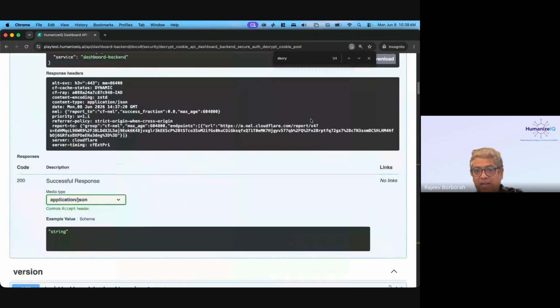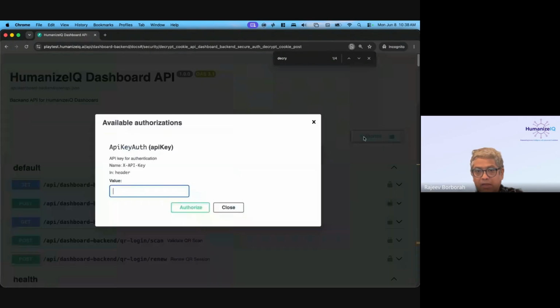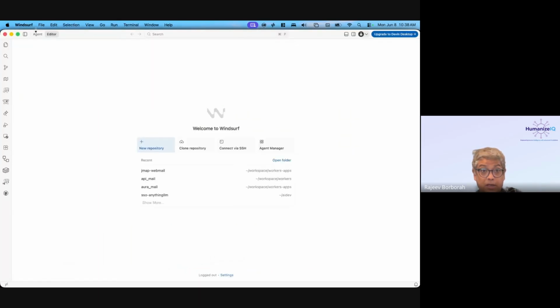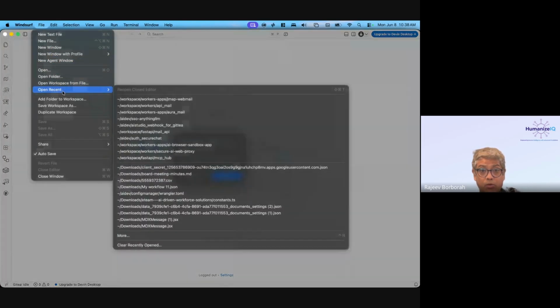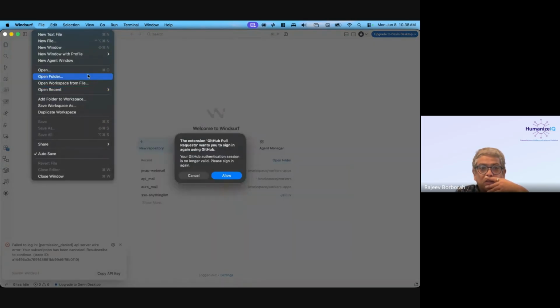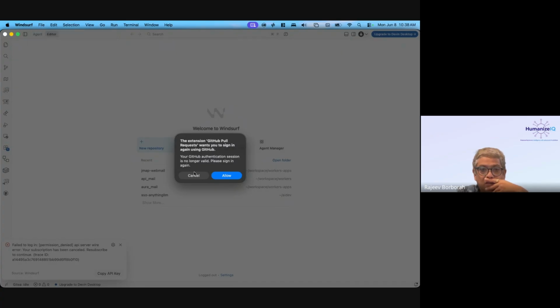So I need to provide an API key, which I can provide. In this case, this API only accepts X API key. This was developed a long time back when we did not do this. So it supports X API key and the actual auth cookie. Now, I have to find out what the X API key for this one is, because it's been a long time since I did this.